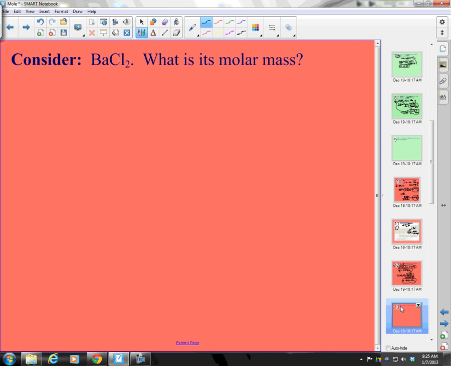All right. This is a little harder now, right? Because before we were only talking about molar mass of atoms. Now what do we have here? Well, that is an ionic compound. How do I figure out the molar mass of a compound? Okay, maybe we should